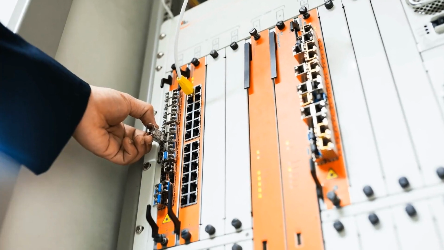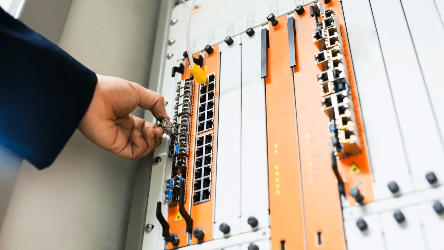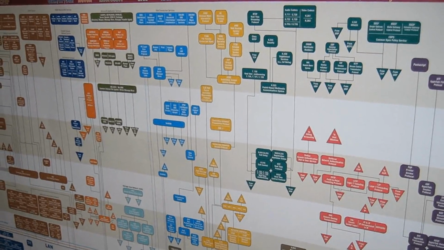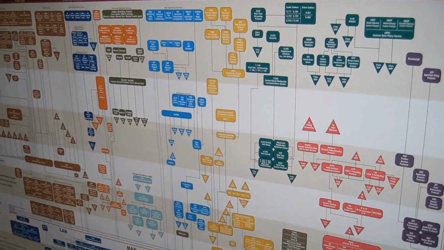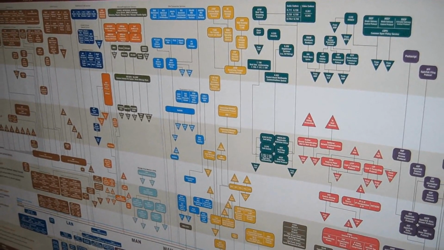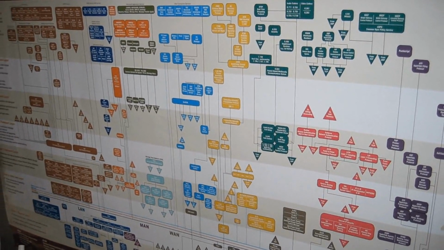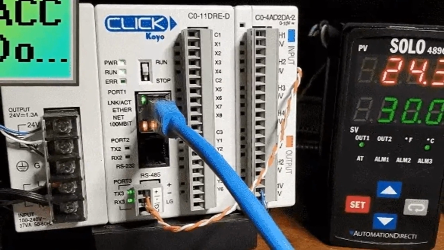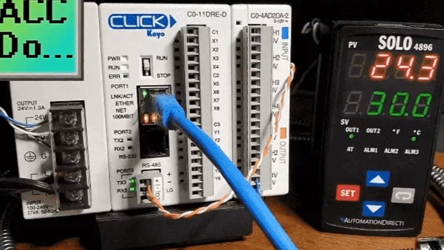The device requesting the information is called the Modbus master, and the devices supplying information are Modbus slaves. Originally developed by Modicon systems, the Modbus protocol comes in three types: Ethernet Modbus TCP, Serial Modbus RTU, and Modbus ASCII. We will connect the Click PLC to a Solo process temperature controller using the Modbus ASCII protocol over serial